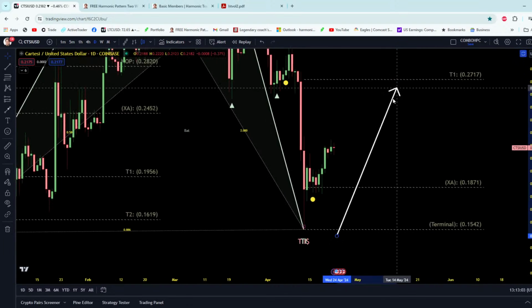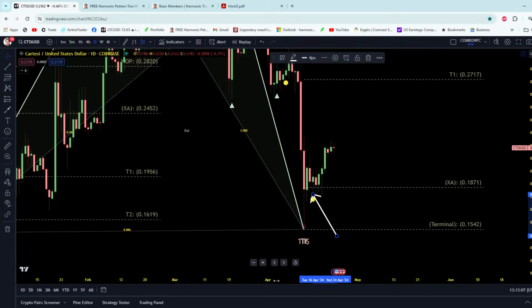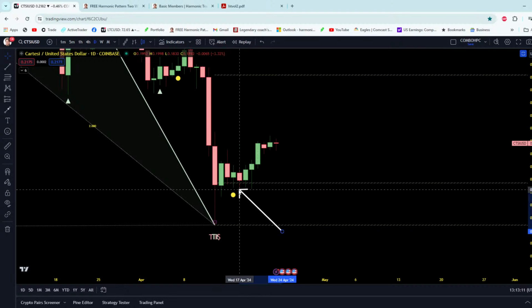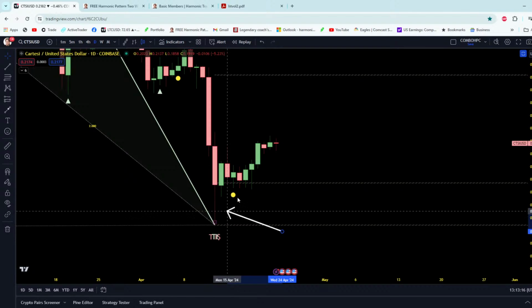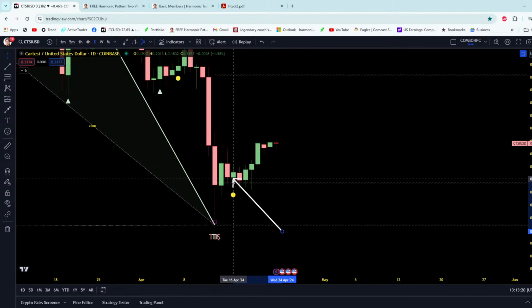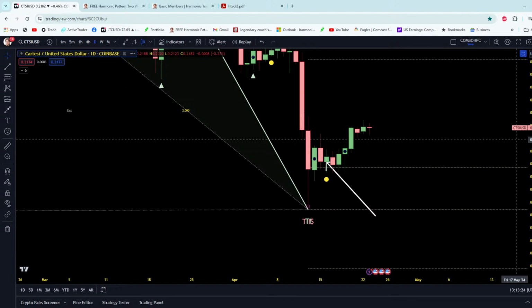Okay, yellow dot. I talked about this last time. It goes official on the close of that bar. So the 16th, that's the official signal. T1, icon, dot, bang. Next bar, retest the open. That's the little secret way that I use the